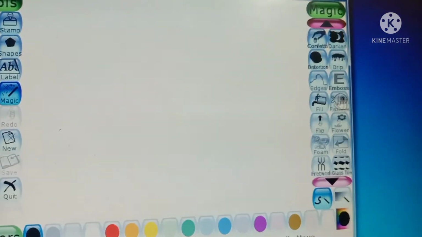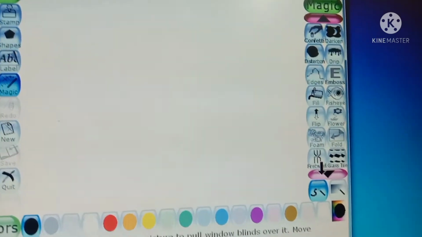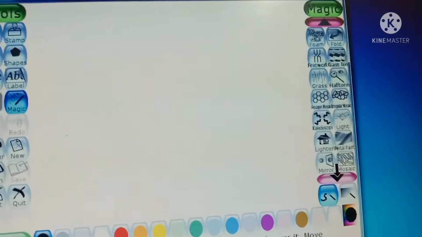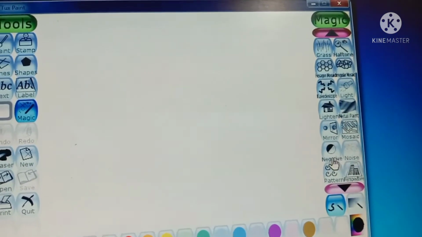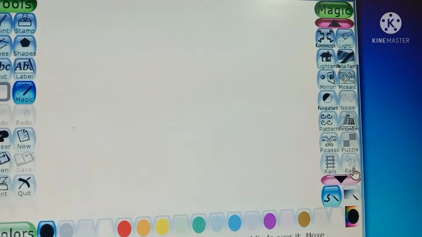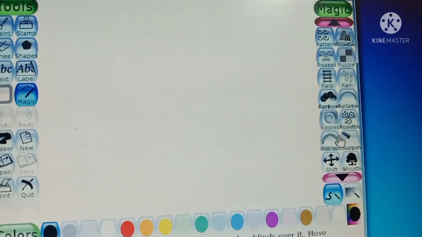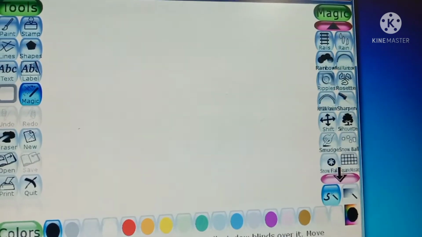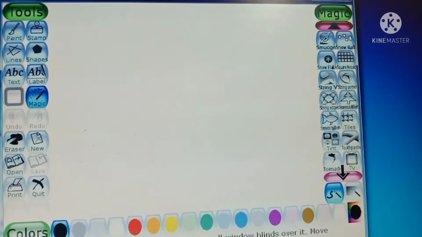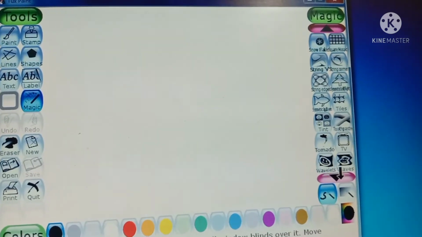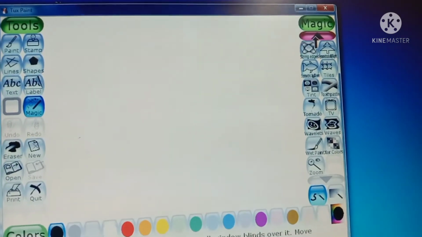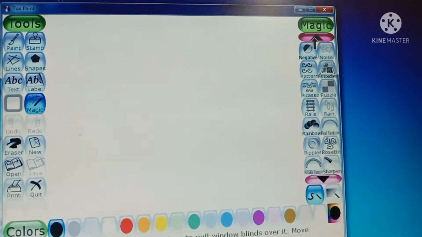Can you see this? Fill, fish eye, flip, flower, form, fold, fetch, then glass tile, grass, halftone, then mirror, light, metal, mosaic, negative, noise, pattern, perspective, rails, Picasso, puzzle, rain. Okay, if we click again, we will get a lot of magic options there. Shift, silhouette, smudge, snowball, snowfall, square, then tint, tomato, TV, wavelets, waves. Okay, colors. So a lot of options there. These all belong to the magic option.